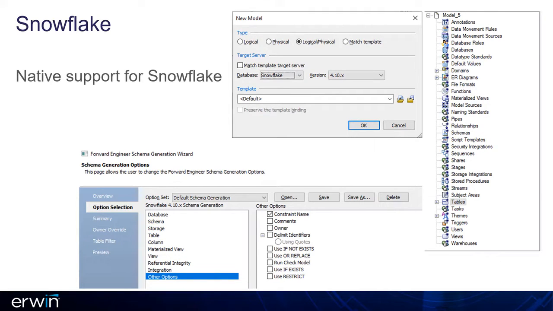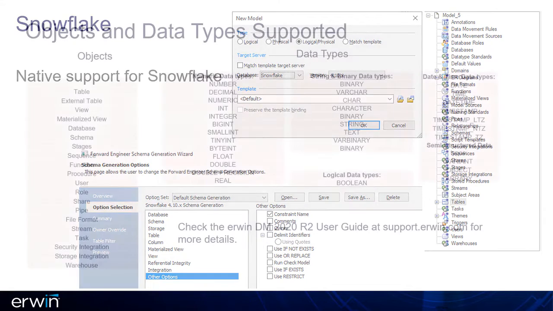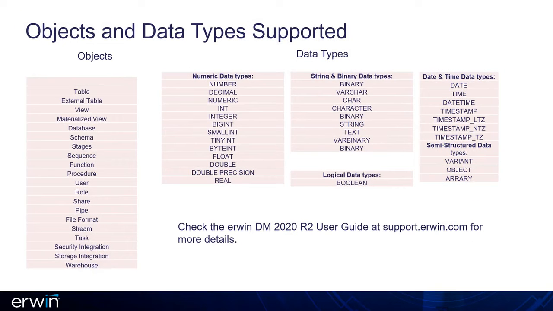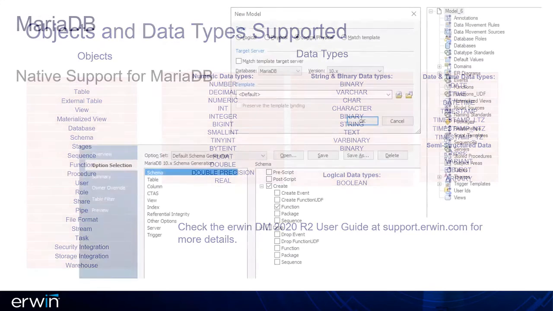Since Snowflake is natively supported, along with our other DBMS systems, existing data structures can be reverse engineered and then converted to Snowflake, and then forward engineered into Snowflake, thereby facilitating your migration to Snowflake. As you can see, all native Snowflake data types are supported. For more details, check the Irwin DM 2020 R2 user guide.